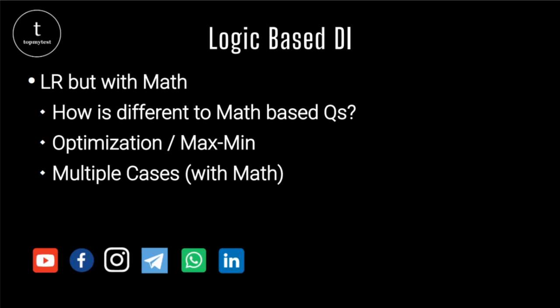In this set, the hero is still your logical reasoning problem. There is some amount of math involved in this, and that's why while maths is required to solve the logic-based DI, the maths involved may not be a slightly higher level maths like counting methods or probability. It will mostly be some amount of calculation, again, concepts of percentages, ratios, etc. that will be thrown in. A lot of optimization, min-max you will find in these type of questions. And as usual with optimization and min-max problems, you will obviously have multiple cases involved in these sessions as well.